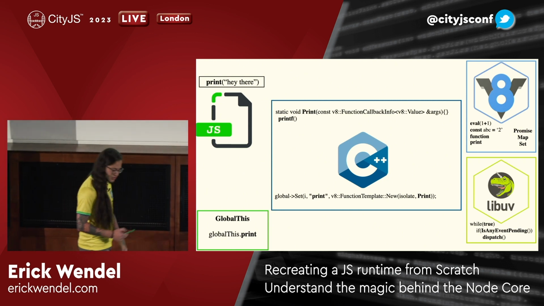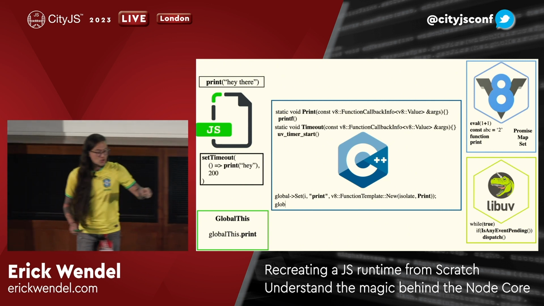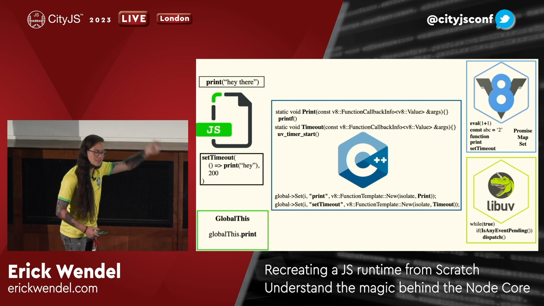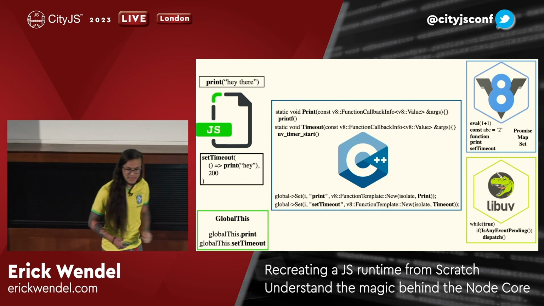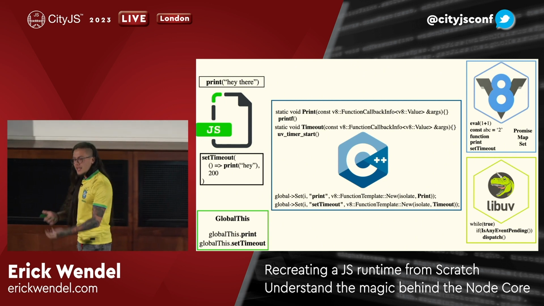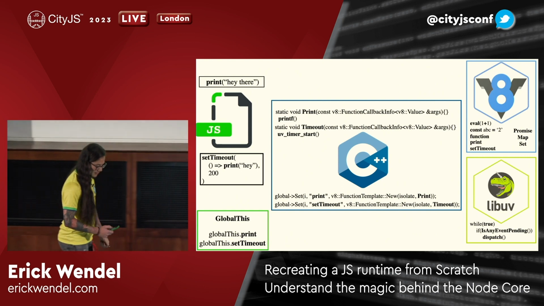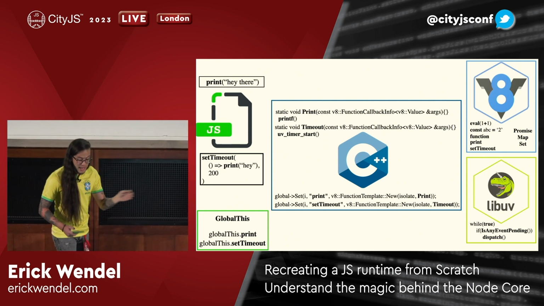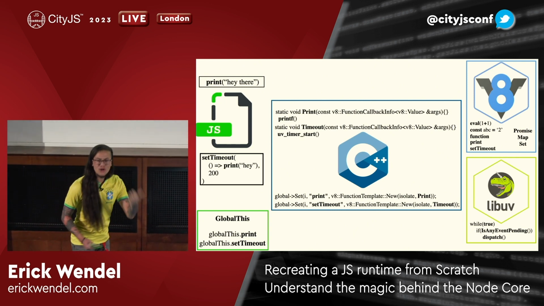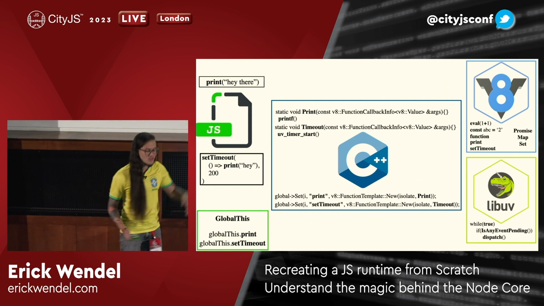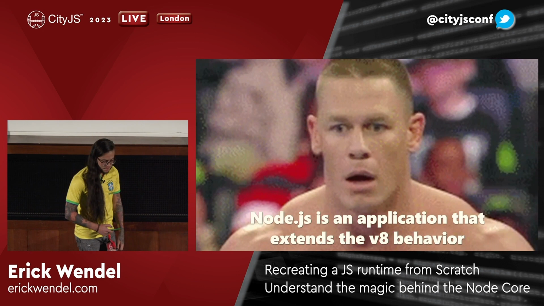Let's go further. Let's try using setTimeout. setTimeout doesn't exist there as well, so we can implement a function in C++, and now see, I'm using the UV API, right? Because it's gonna be asynchronous. It's gonna be another dependency that's gonna handle all events for me. And then when I put this, you can see that we can have it on the global this there. So process.env is also added by C++, and a lot of other variables as well.